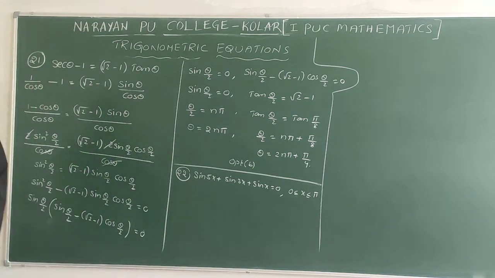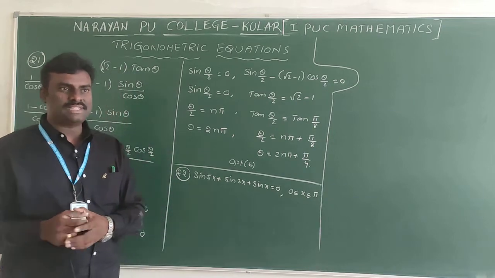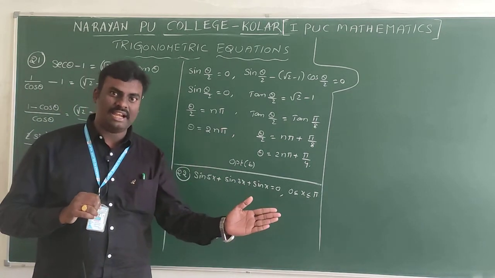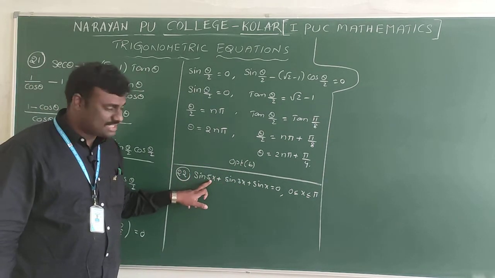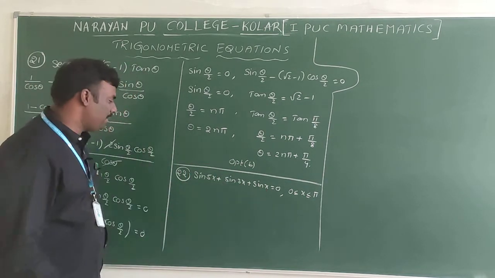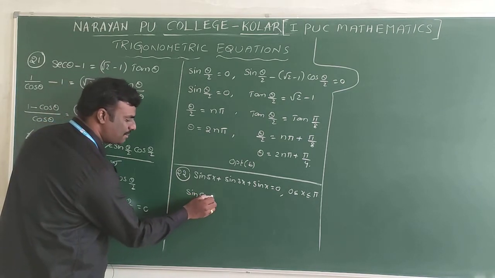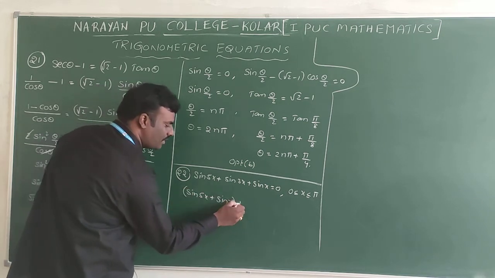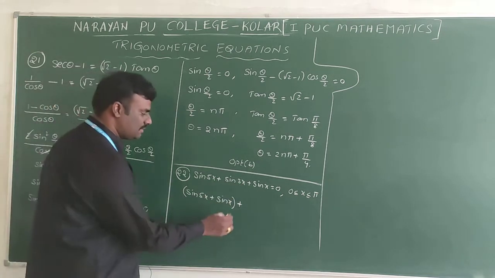Okay. What are the possible values? In these three terms, I am selecting 2. Which two do you need to select? The highest as well as the least. Highest is 5x, least is x. I am taking this 5x term and x term in a separate bracket. And what about the remaining term? Sin 3x